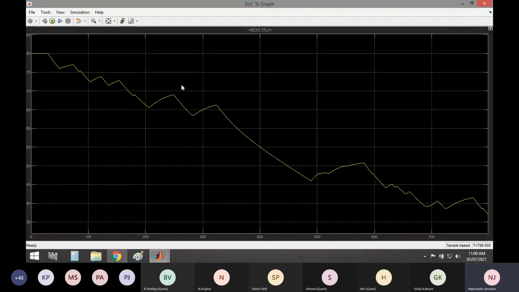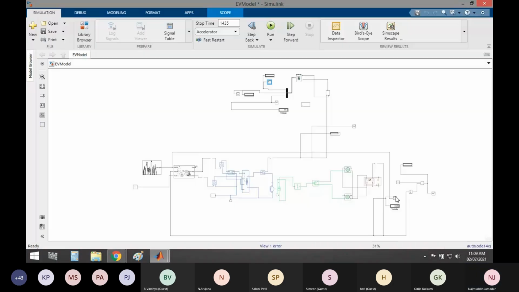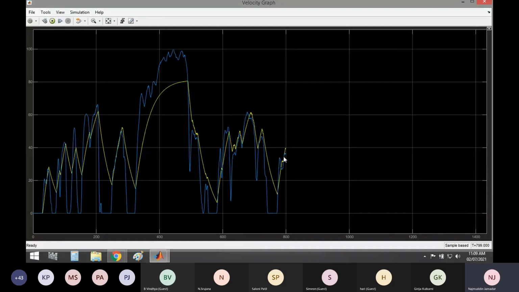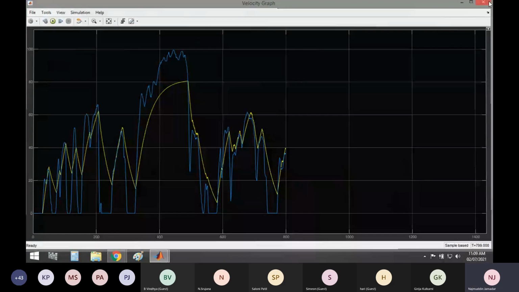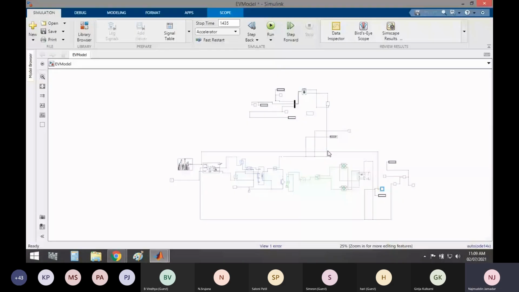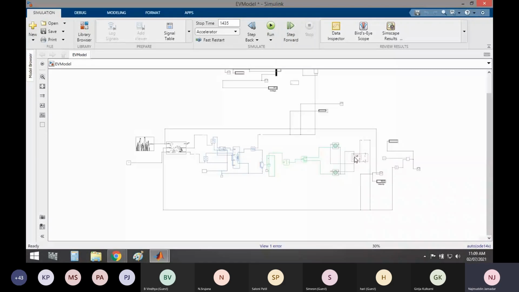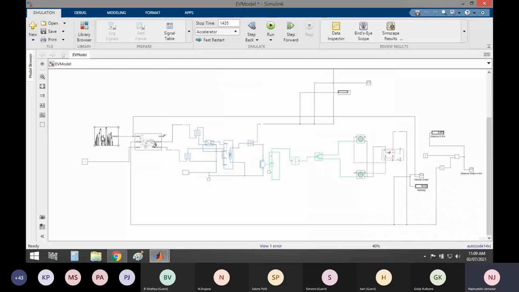Here also you can see it's discharging, it's charging. Okay, like that you can test for any of the drive cycles. Again, here the blue line is the reference and the yellow line is the actual. So this is how we have designed our electric vehicle in MATLAB, and we have tested it. You can change weight, you can change motor HP, you can change driver setting.